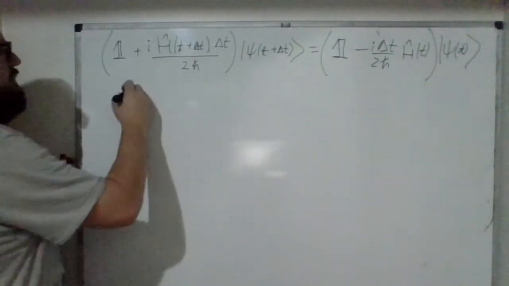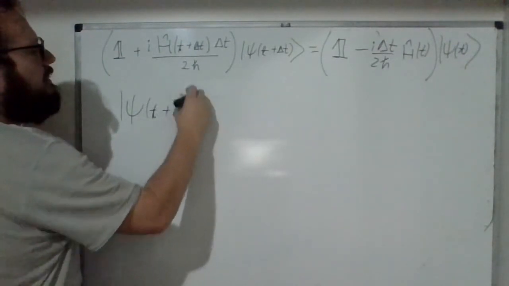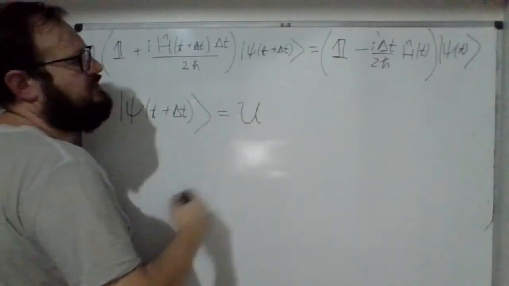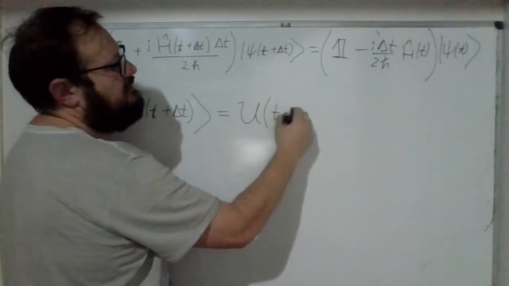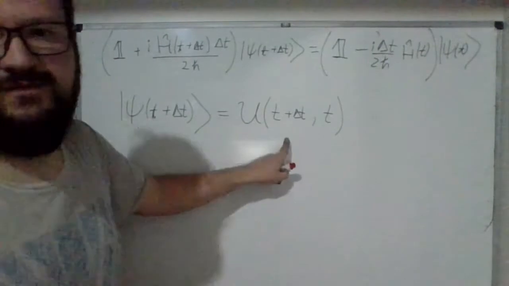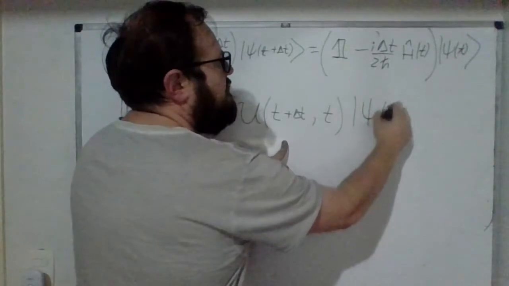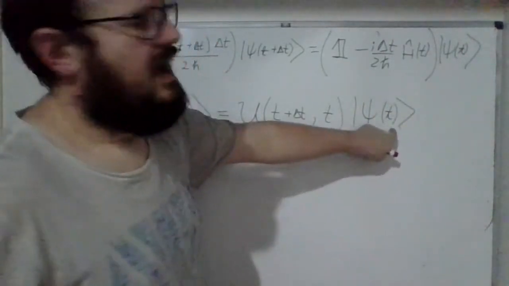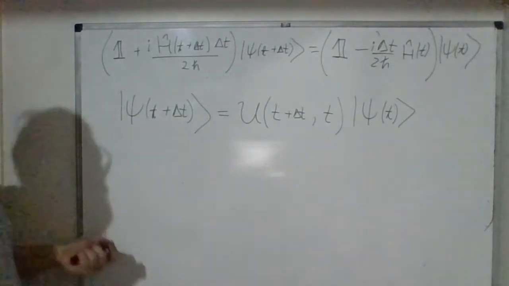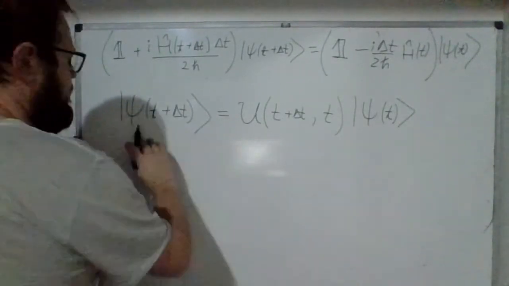And in this way, we will find that psi evaluated at t plus delta t corresponds to something like this: a unitary operator which brings the function from time t to t plus delta t. It evolves the function from t to t plus delta t, and it is applied to the function psi of t. And this thing here, which is the propagator or the evolution operator, is given